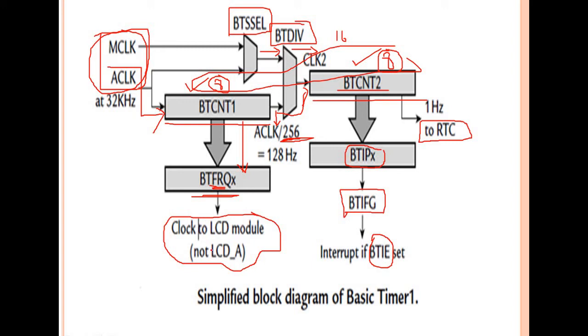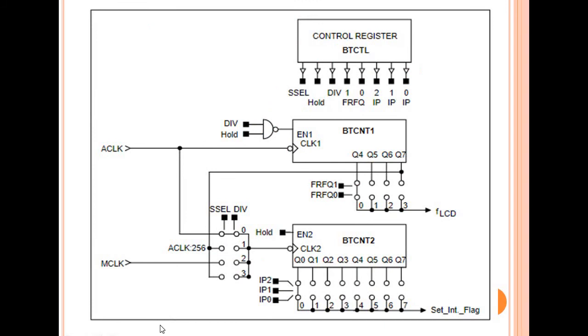And see here in detail, this is your basic timer counter 1 and this is your basic timer counter 2. A clock is given as an input to basic timer counter 1, as I said. For basic timer counter 2, the clock is M clock or A clock, which is scaled here. See here, A clock by 256, that is, A clock is scaled from basic timer counter 1 because it is an 8-bit counter. The maximum value it can produce is 256, so A clock is divided by 256. It is given as an input to basic timer counter 2.